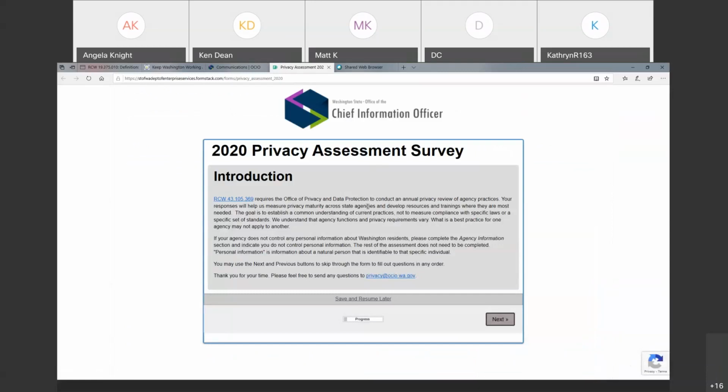And this is the introduction page. To start off, I wanted to make sure everybody understands the purpose of the assessment survey is for the Office of Privacy and Data Protection to determine the maturity of privacy practices within the state of Washington. It's not being used to measure compliance with laws or standards. It's our way of assessing where we're at as a state, so that our office can determine the best way to move forward as an enterprise in terms of providing resources